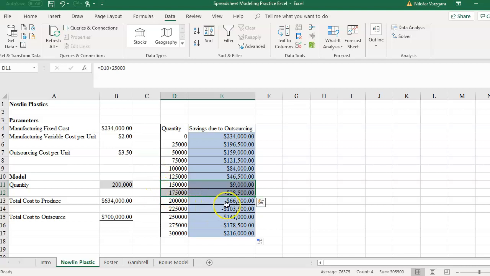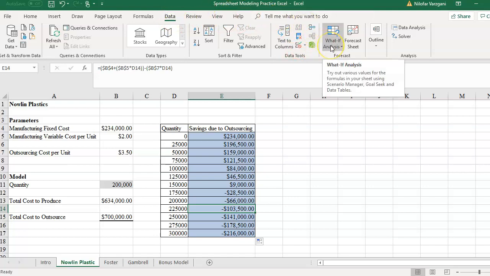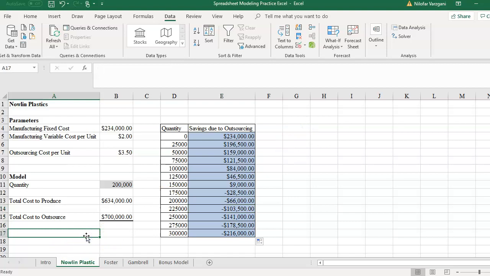And in order to find that out, we can simply use a tool in Excel that is available for us called Goal Seek. And that I'm going to find under my Data tab up top here. And if I click on What If Analysis, you'll see that the option for Goal Seek comes up here. But in order for me to use Goal Seek, I need to make one quick calculation here. So what I'll do is